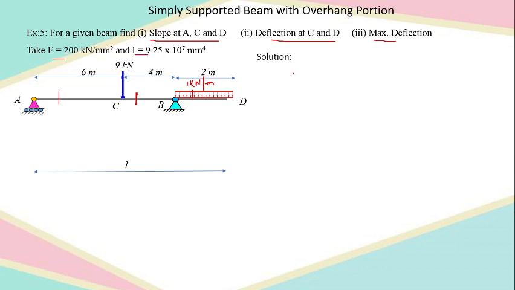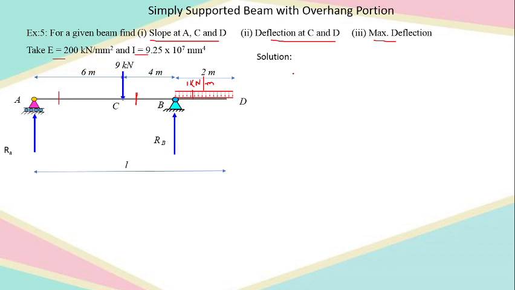So here we have to proceed with the first objective, that is to find out the support reactions. So here I assume the reactions are upward. Is that okay? Now here, there is no question of horizontal reaction at B, because there is no active force in the horizontal direction. B being a hinge support, there has to be two reactions, one horizontal and one vertical, but there is no active horizontal force, so there is no reactive horizontal force at B.